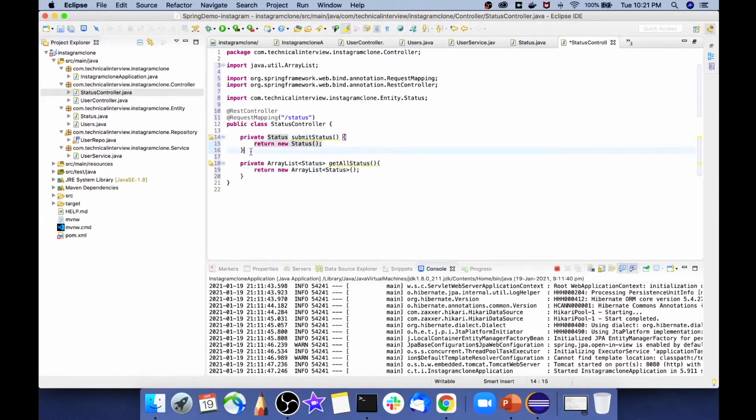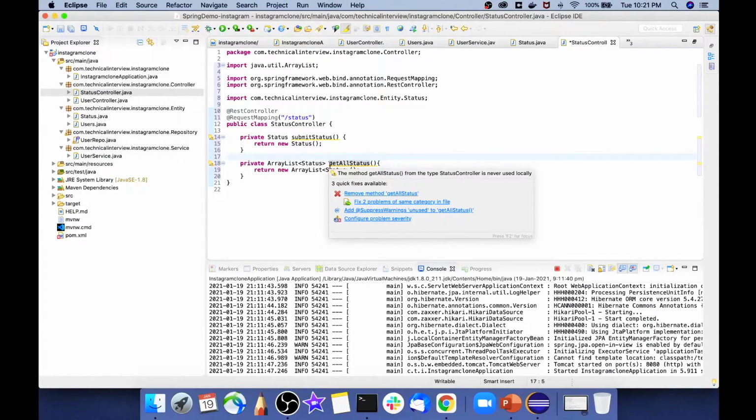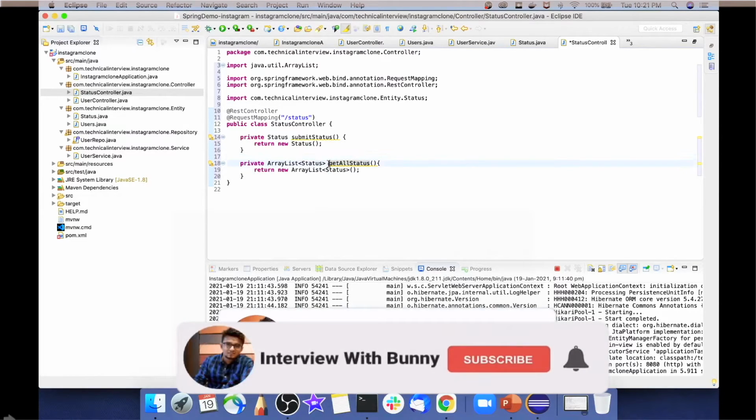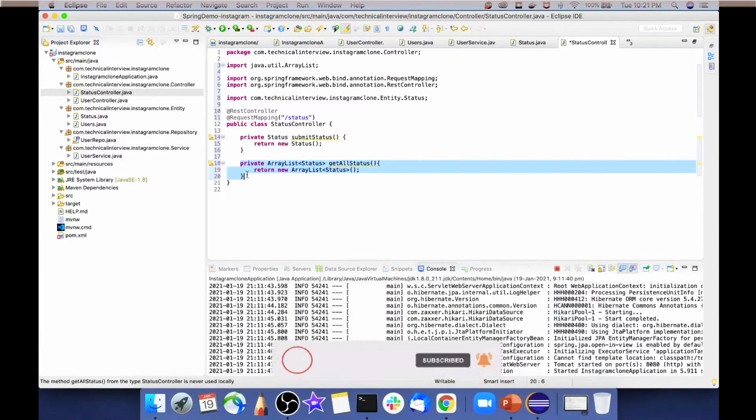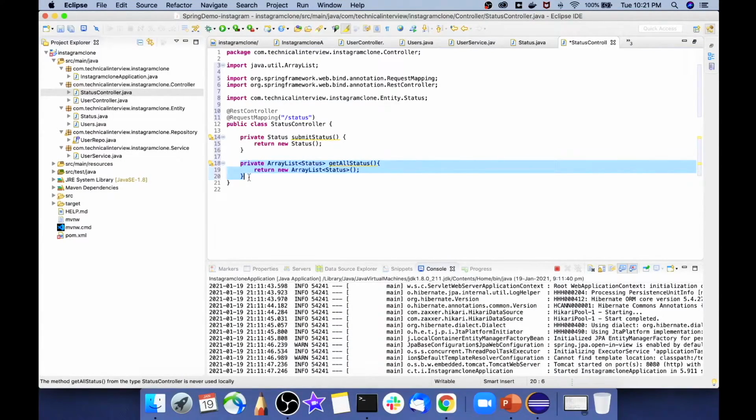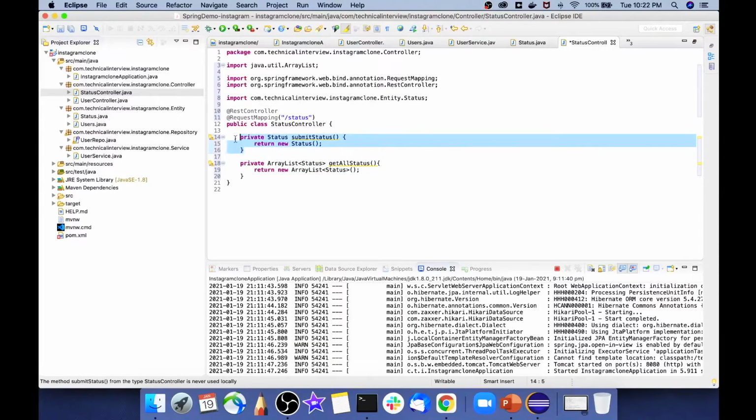So over here you can see we have created two methods, one for submitting the status and another for retrieving all the status. If you just see the return type of the method, you can see that this is an array list of status. It will retrieve all the status that are available in the database for a particular user. Whereas in the submit method, we are sending back the actual status if we have successfully submitted the status